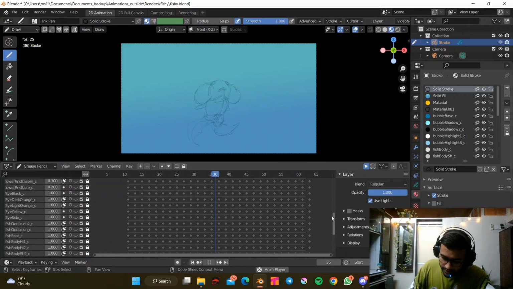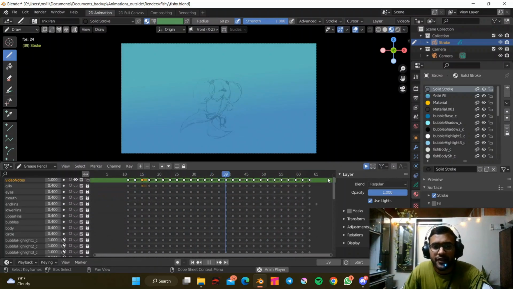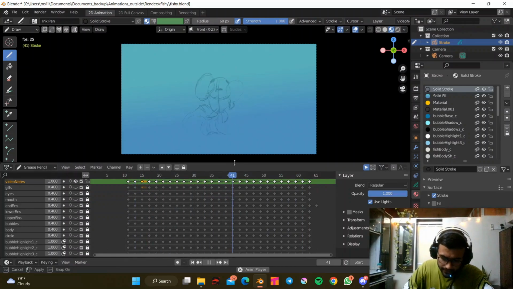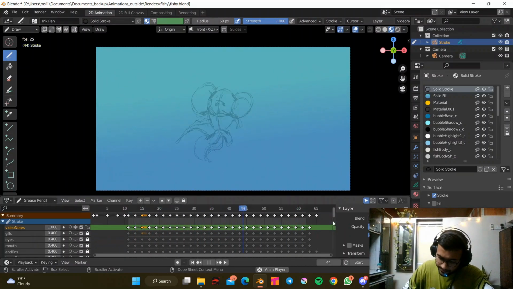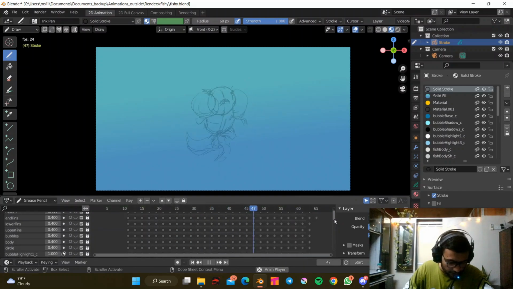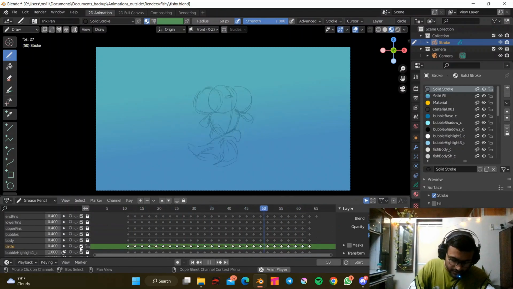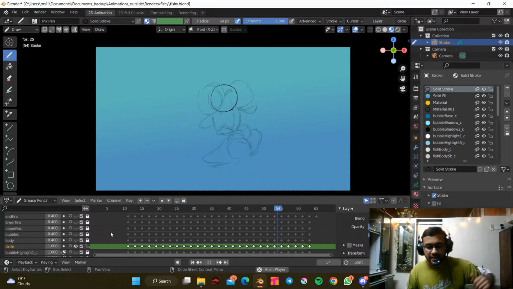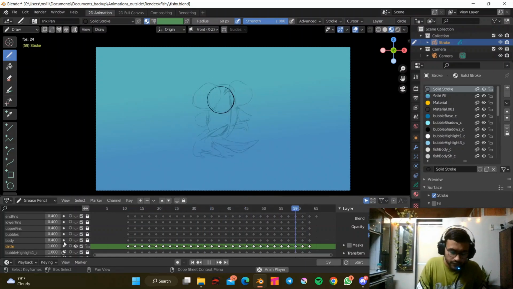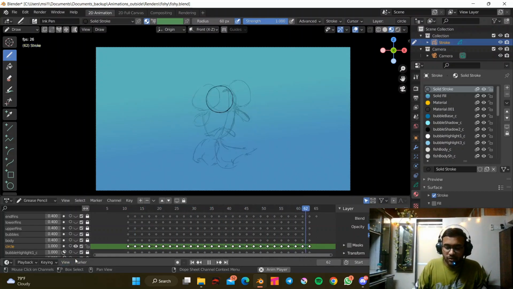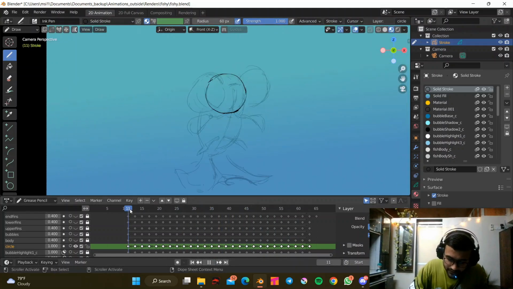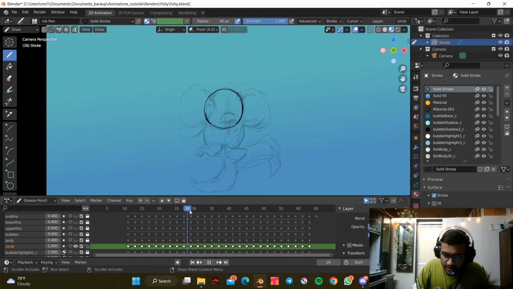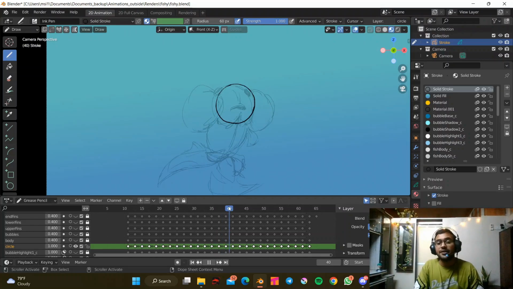So what I did was, after I had this rough animation with me, I went with the structure of it. I started with the simple circle there. One second, where is it? Yeah, I started with the simple structure, like how the structure should be. But if I go frame by frame, you will see this structure is not really following the rough animation I had, because when I was doing the rough animation, I didn't really